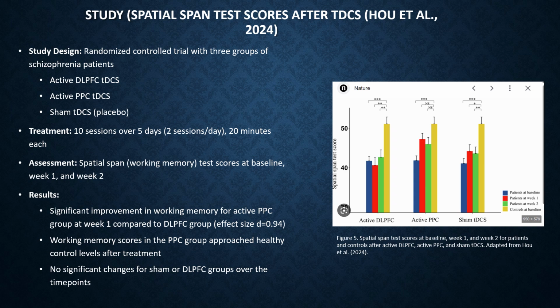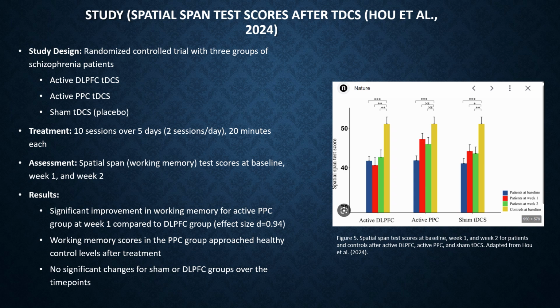Researchers divided participants into three groups. Two active treatment groups received TDCS over either the dorsolateral prefrontal cortex or the posterior parietal cortex, while a third group received sham stimulation, which mimicked the process but didn't actually apply current. The treatment lasted for 10 sessions over 5 days, with each session lasting about 20 minutes, so it was both